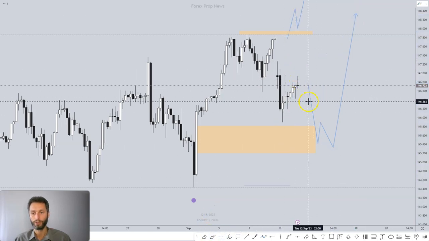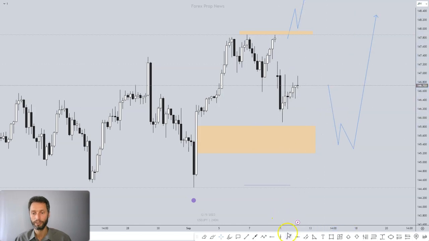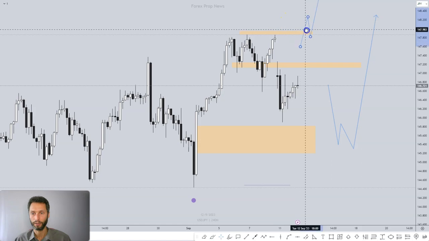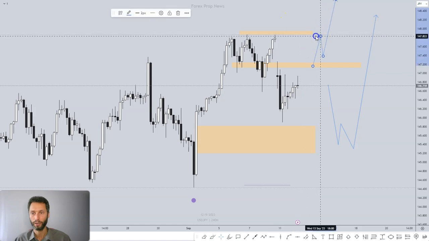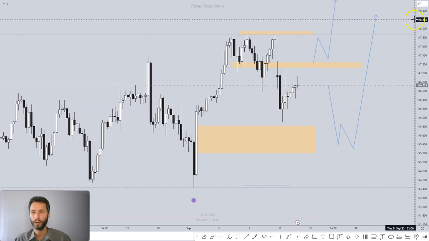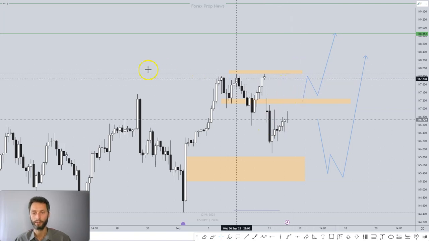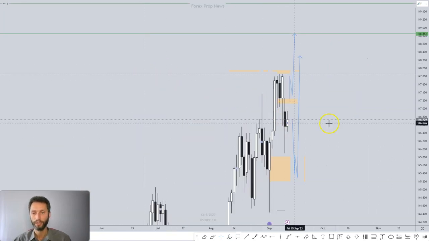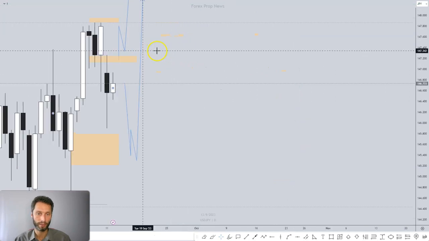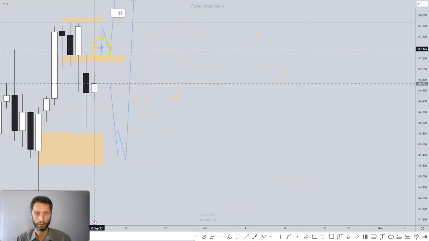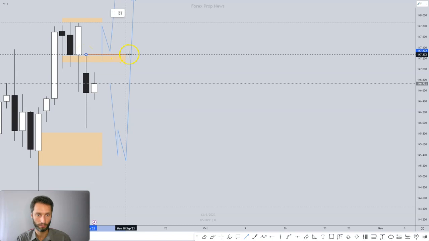If we don't do that, the other possibility is this level here. So the possibility may look like this. If we head higher, give us nice big bullish candles, and then continue higher still. So if we go on the daily, you can see on the daily we're still weak from yesterday. We really want a break of this Monday candle.